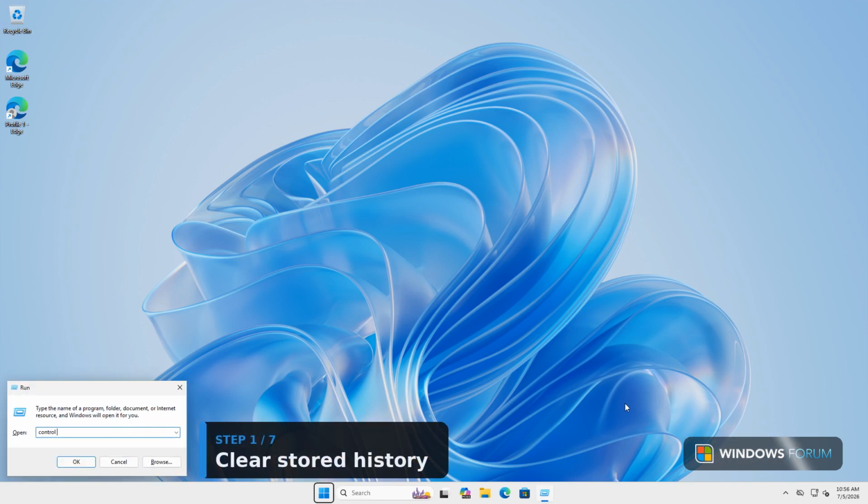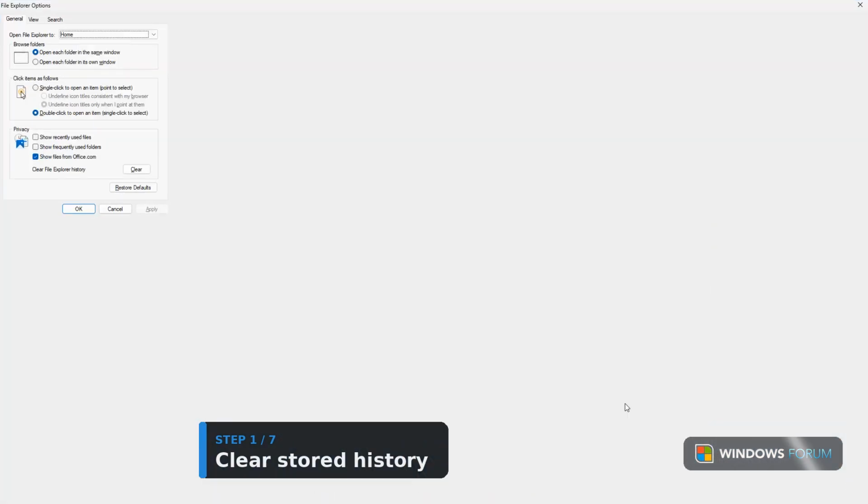Clearing File Explorer history helps remove old or corrupted data that can slow Explorer down or make it hang. You open the Run dialog, type Control Folders, and press Enter to bring up the Folder Options window. Then you click Clear to wipe that history clean. If nothing happens after typing the command, make sure you press Enter to open the window before looking for the